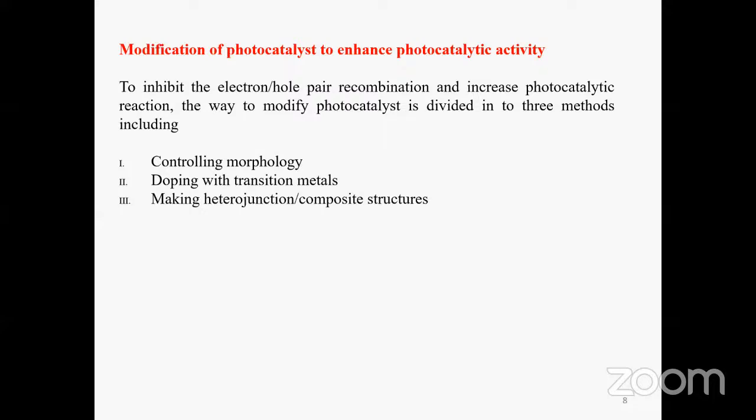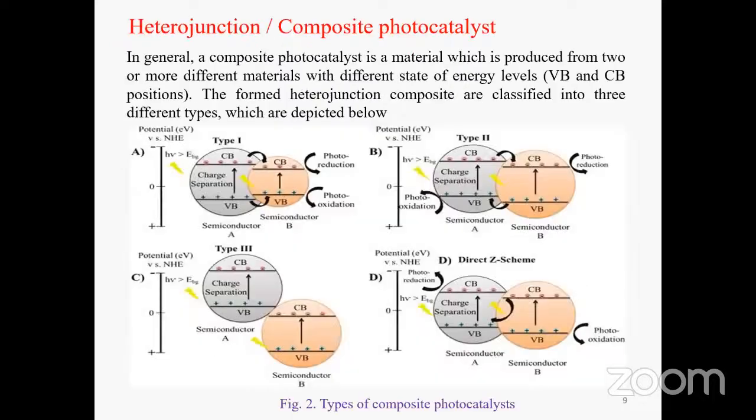And in photocatalysis, to increase the efficiency of any photocatalyst, there are certain things to be done, like controlling morphology, doping with transition metals, and making heterojunction or composite structures, which enhance the photocatalytic activity. And in our work, we have taken up making heterojunction structures, where particularly type 2 heterojunction structures were prepared. That is, direct Z-scheme